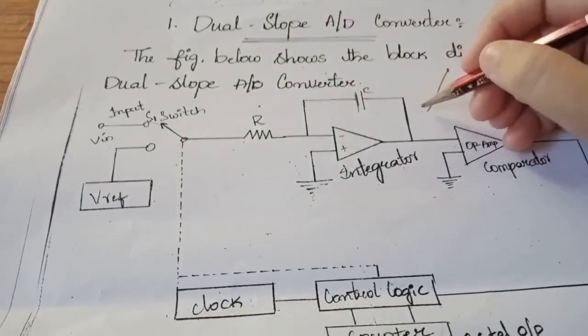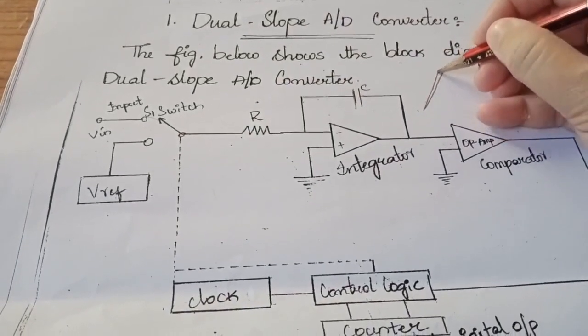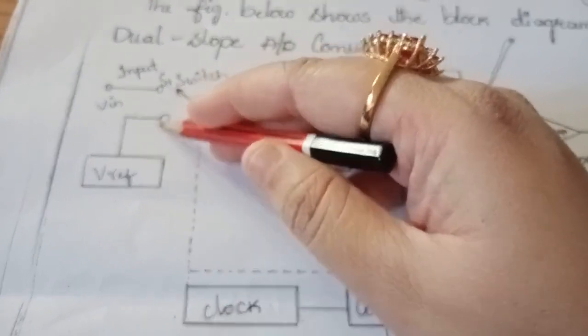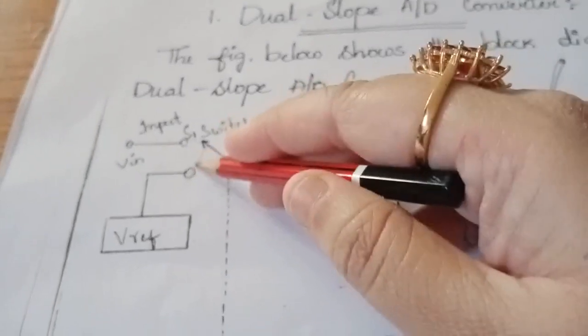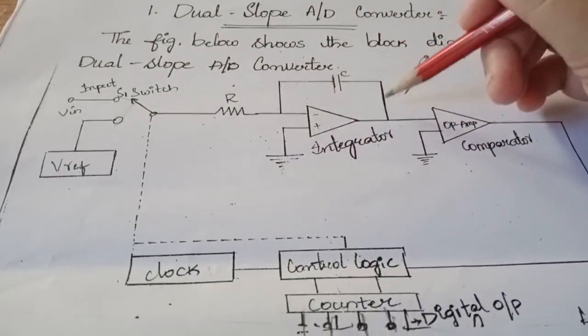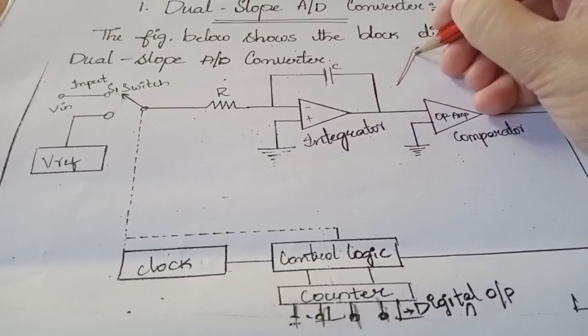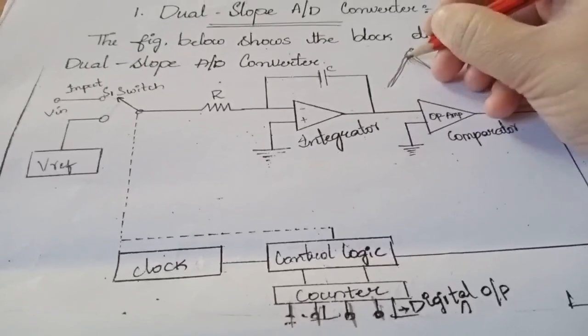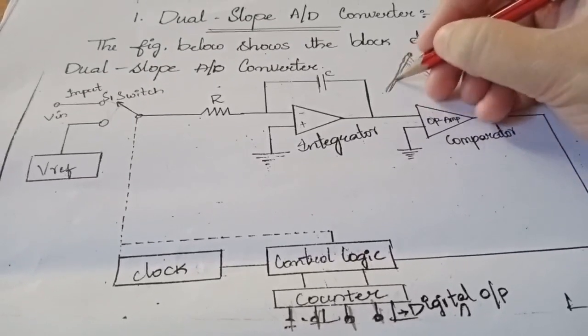As the capacitor is fully charged till here, the clock will directly intimate the switch, and now the switch will be connected to the reference input. Reference input means fixed input. Now when the switch is connected to the reference input, again this will pass to the integrator. Again the capacitor will now discharge, in a different slope. First is a positive slope and the second one is a negative slope.